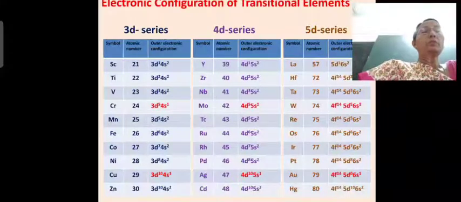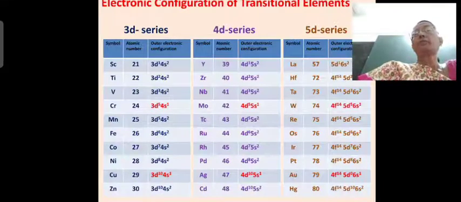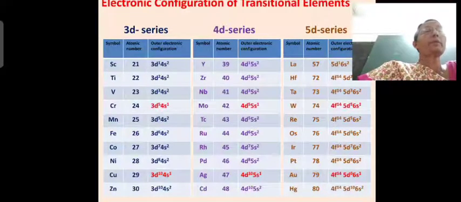So it is the most stable electronic configuration. Then coming to cadmium, which is the last element, you will have 4d10 5s2, right? Now the last series, that is the 5d series. In the 5d series, you have the first element lanthanum, atomic number 57. What is the electronic configuration? 5d1 6s2. Okay, hafnium 4f.